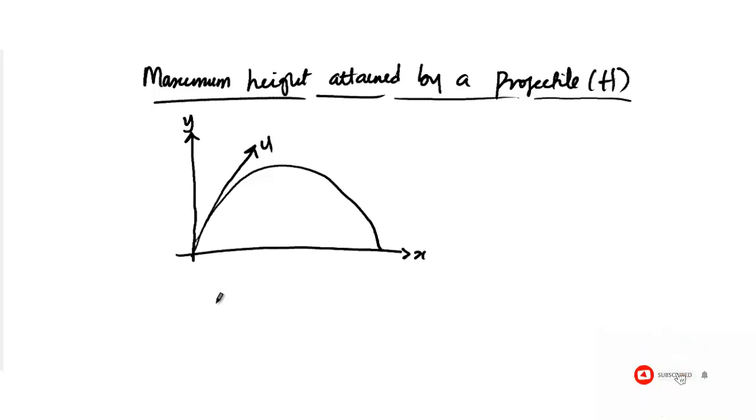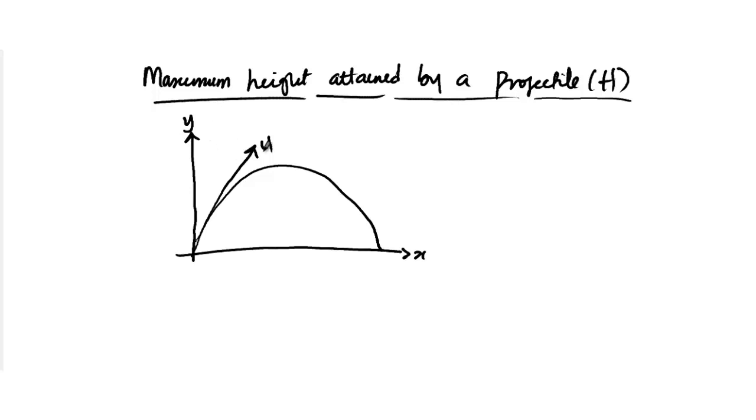Alright, so in this video, we want to look at how to determine the maximum height attained by a projectile. Now, if you remember in the previous video where I determined the height attained by a projectile, I said the height attained is not the same thing as the maximum height. Now, the maximum height attained by a projectile basically is the highest vertical displacement as measured from the horizontal projection